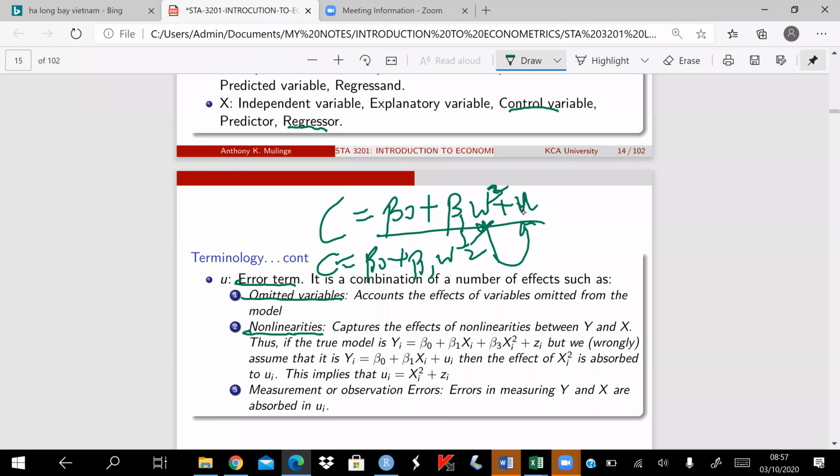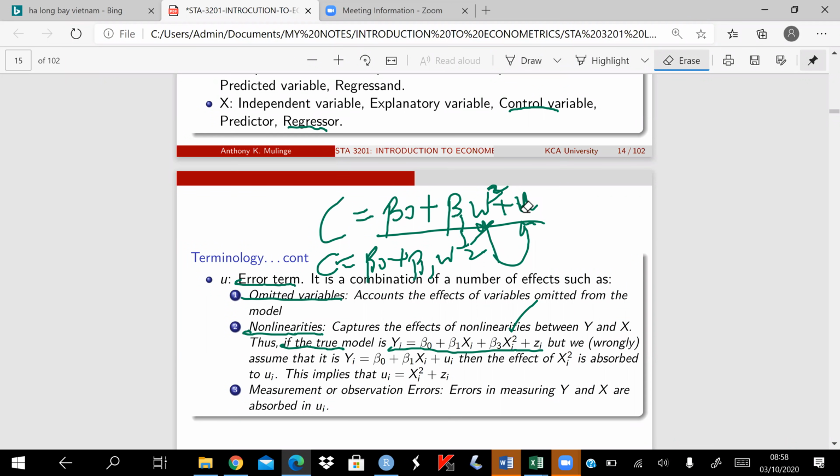For instance, if the true model is given by this, which is a quadratic model, as you can see, the highest term of X is that. So the lowest power of X does not matter here. So even if this term was not there, it will still be quadratic. So if this is the true model,